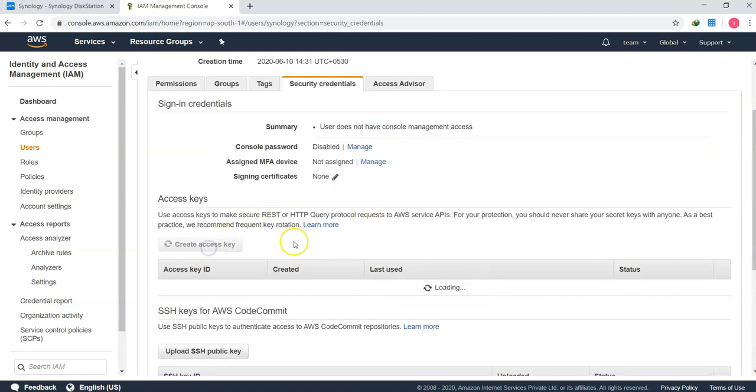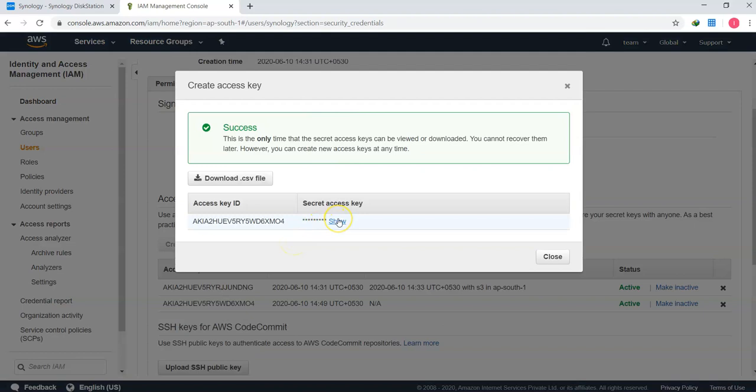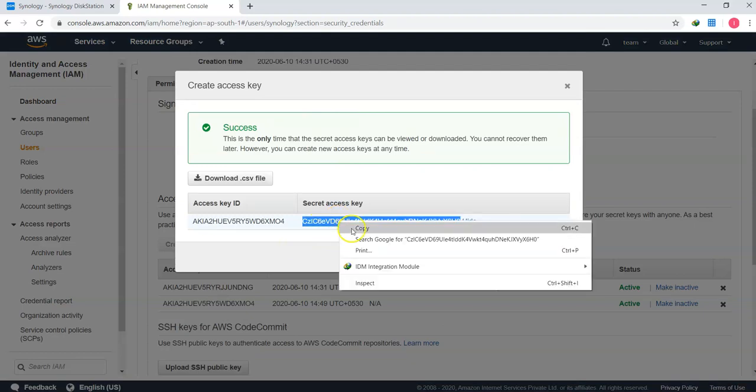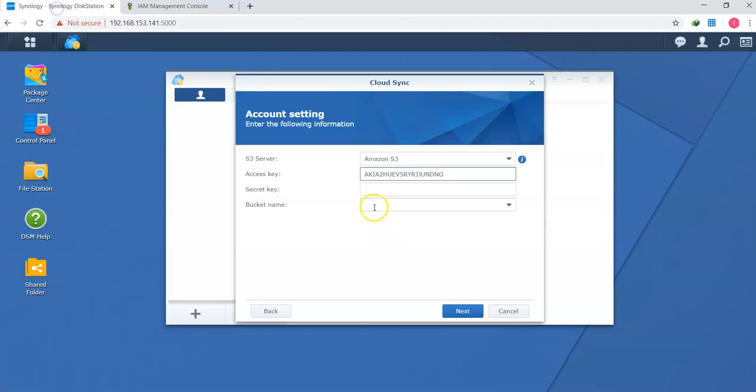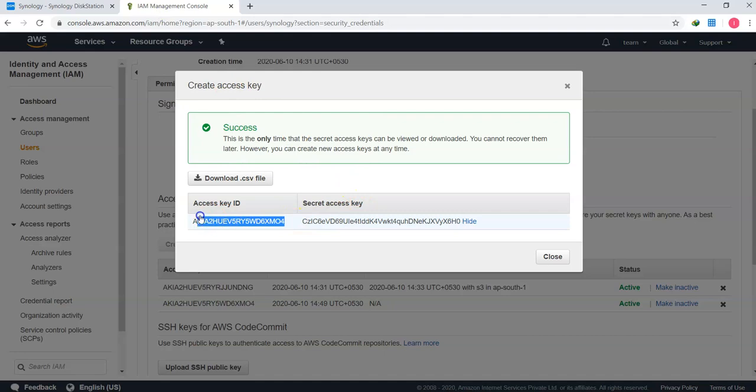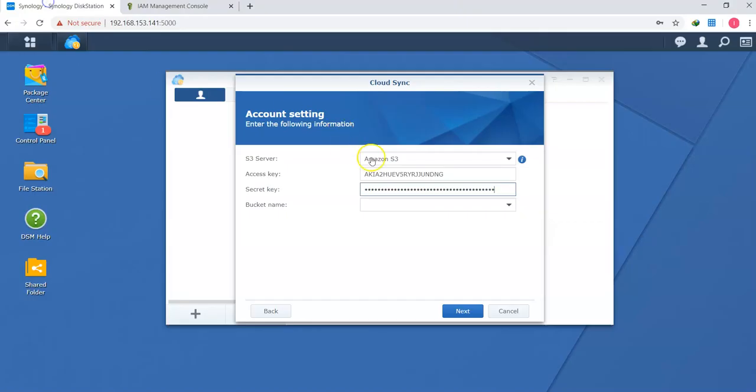I'll click on show, copy, paste. Then I'll click on bucket name. Once I click, it will start authentication with my S3 bucket, and you can see the ThinkIT demo is displayed. I click on that, click next.